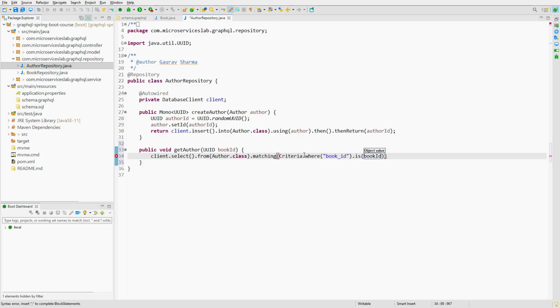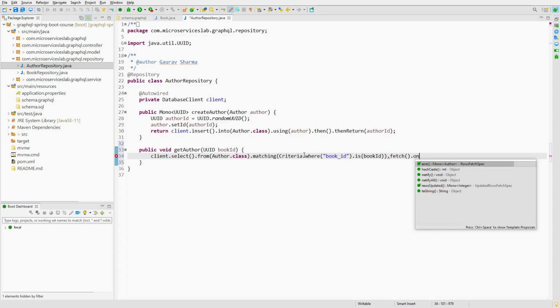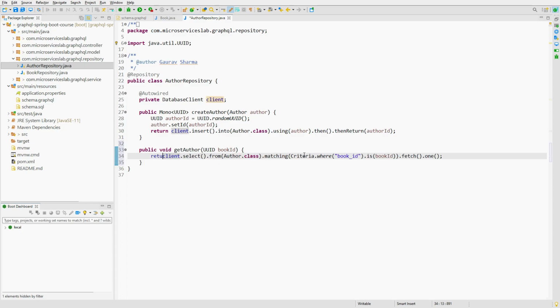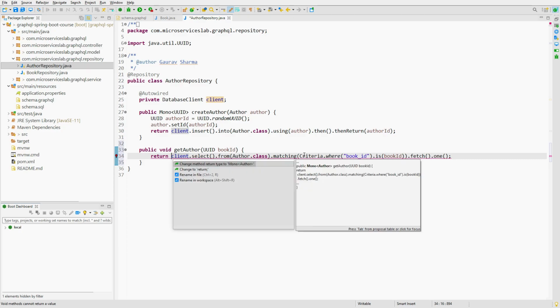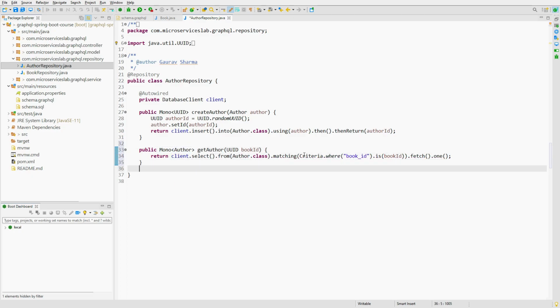Book ID actually, that we are getting as a parameter or argument. And we are expecting only a single row, so we will fetch a single row by using the one method, and we will directly return this result, and we will use Ctrl+1 to change the return type of the method to Mono of Author. So that's it. We have created a new method which fetches an author from the authors table using the book